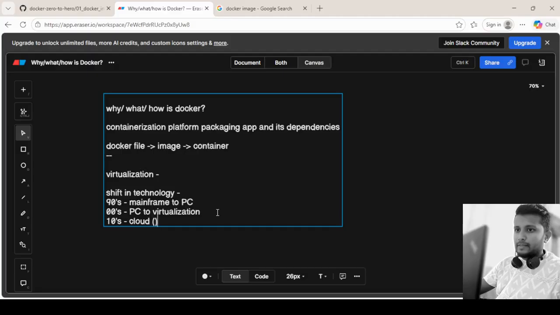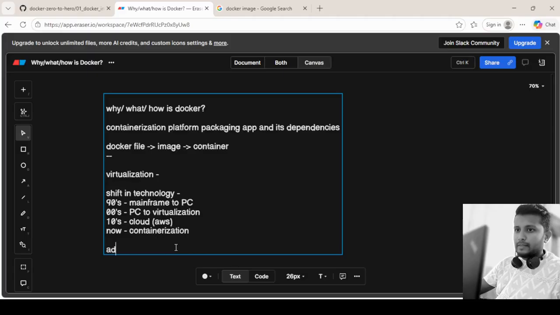We know that back in 2010, AWS started its journey, and now what we have in the market is containerization, which we just saw. This is how Docker has resolved the flaws and issues of virtualization.